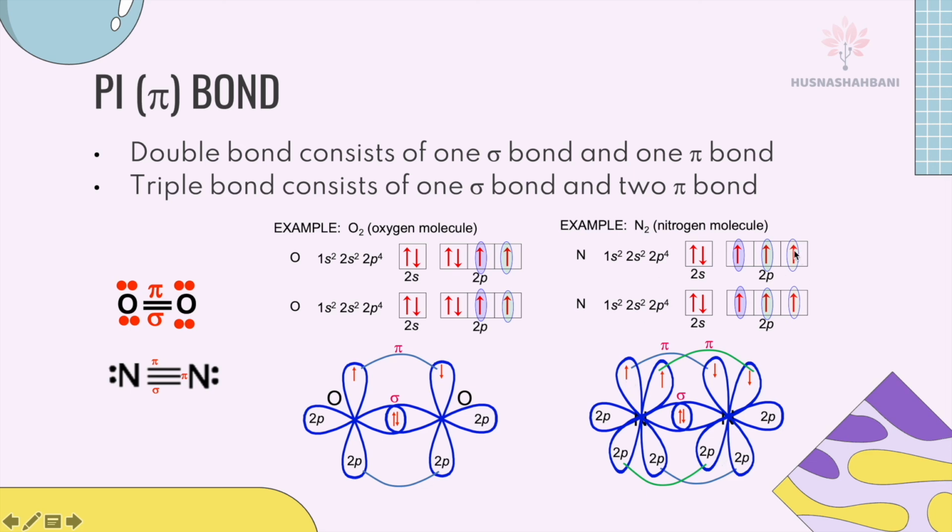And the final one, 2pz, forms pi bond with 2pz. This one has a different orientation from py, pz. This is 2pz and the orientation must be the same, like this, 2pz. And draw the line on top, another one below, and make sure you write down 2pz, 2pz. The electron spin must be different, one pointing upward, the other pointing downwards. That's how you draw orbital overlap. Usually, orbital overlap involves the molecule with same atoms, O2, N2,